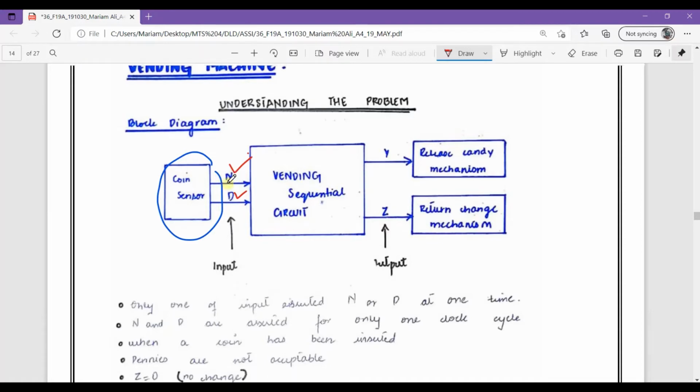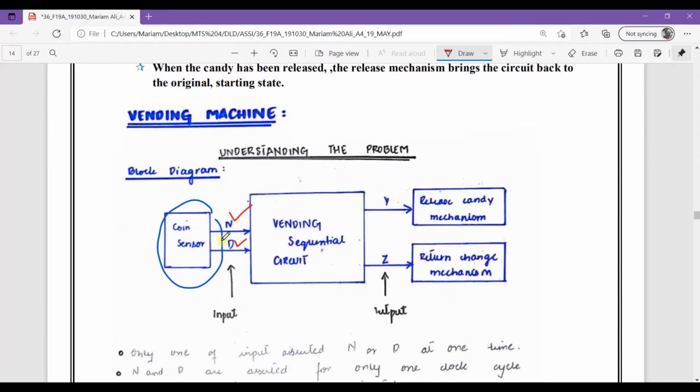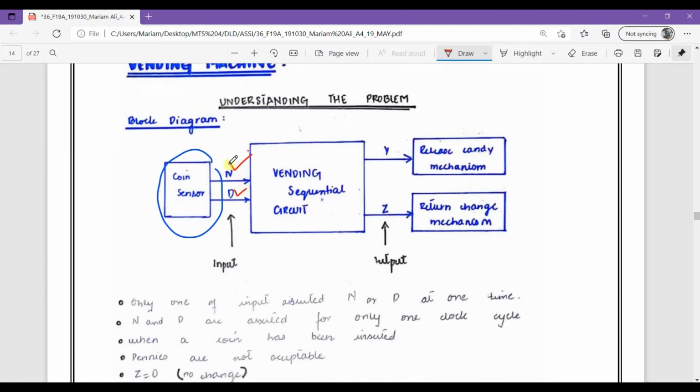In this diagram I am going to add a restriction: the nickel and dime are not provided at the same time. Either a nickel is provided or a dime is provided, but both coins are not inserted at the same time. This is a restriction in my vending machine circuit.